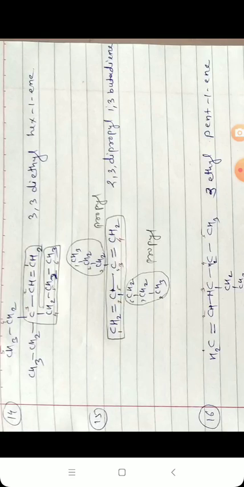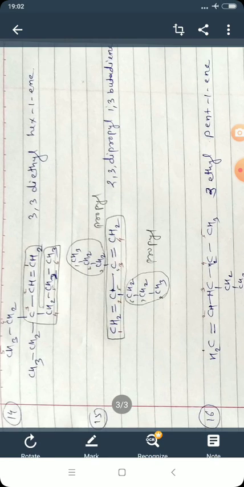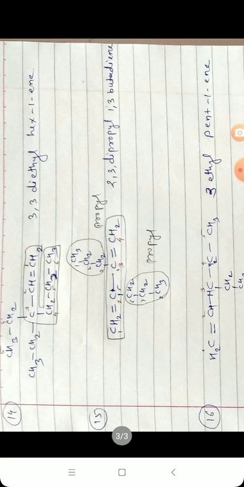But by considering the functional group double bond, we use the central long chain 1 2 3 4, 4 carbon, and the 3 carbon group in the prefixes. If a 3 carbon group is present in a prefix, it is called propyl, which is present on which carbons? Second and third. So they are called 2 comma 3 dipropyl, 1 comma 3 diene, 2,3 dipropyl 1,3 butadiene.